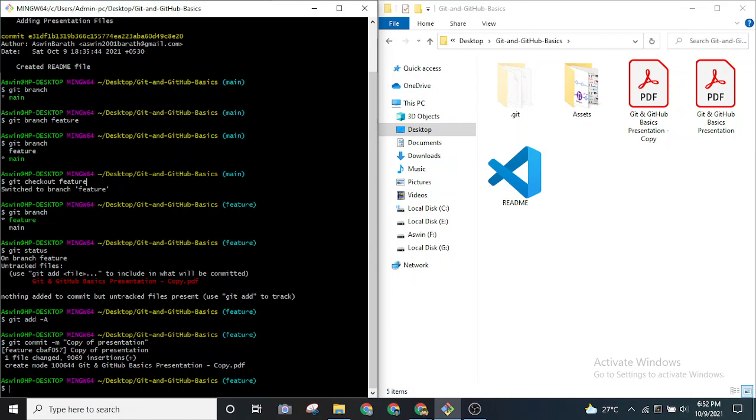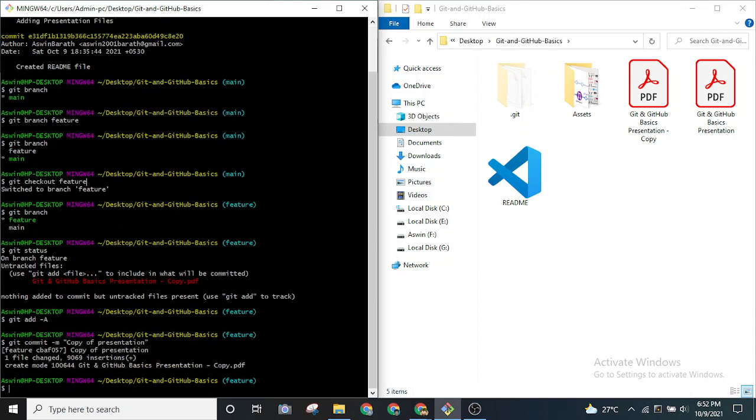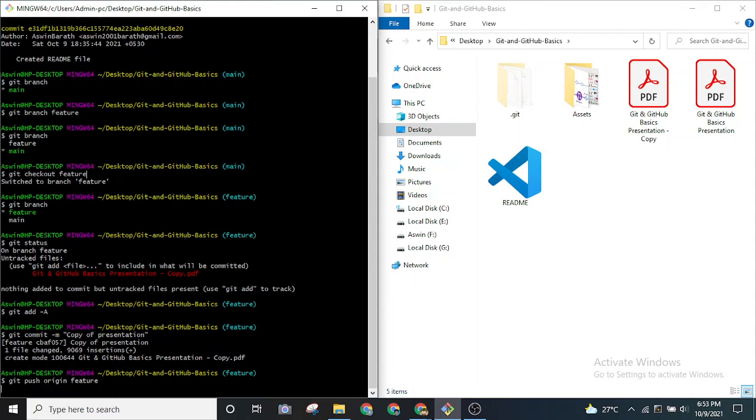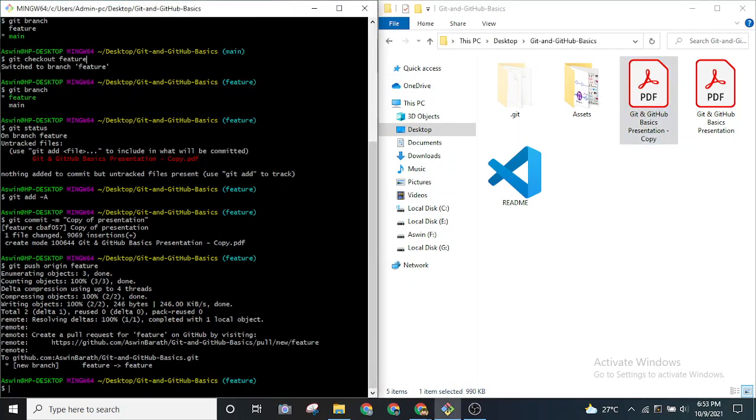In order to do that, first of all we have to push this code. Whenever I pushed before, I used the command git push origin main, where origin is nothing but our remote repository. Now as we have created a new branch called feature, instead of main I will put feature itself. So when I push the changes we have created into this feature